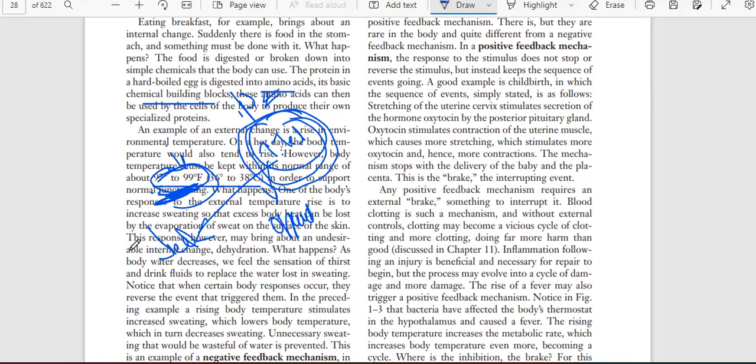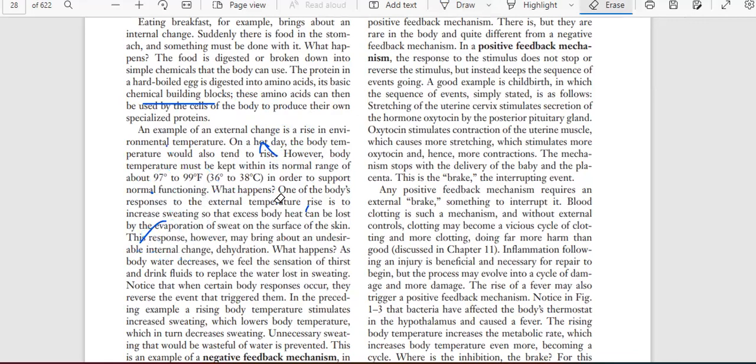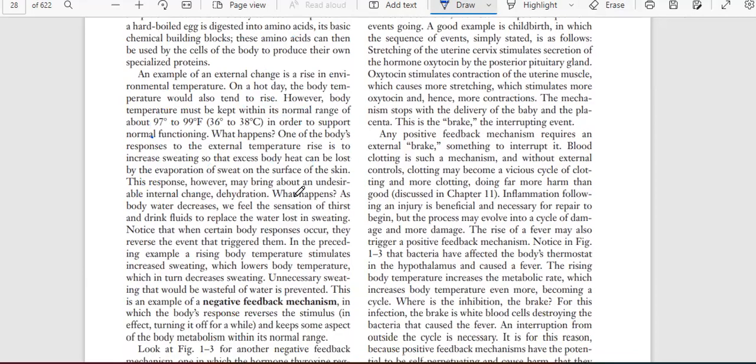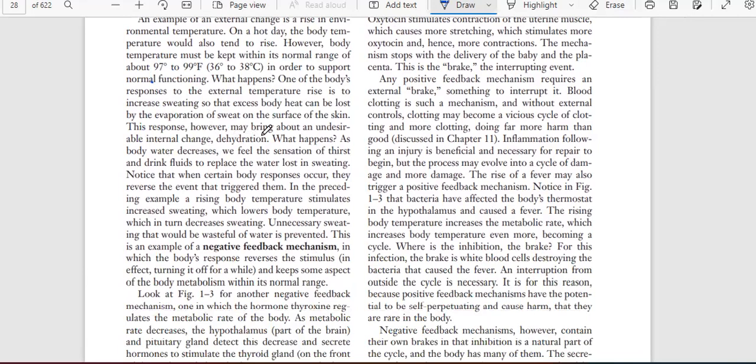Why is this happening? Because our body releases excess sweat, so the heat of the body will be released. Excess sweating is seen in the summer season. That is the reason we have excess sweating, to maintain the body temperature. This response, however, may bring about an understandable internal change: dehydration. So if a person has increased sweating, he has dehydration. Means